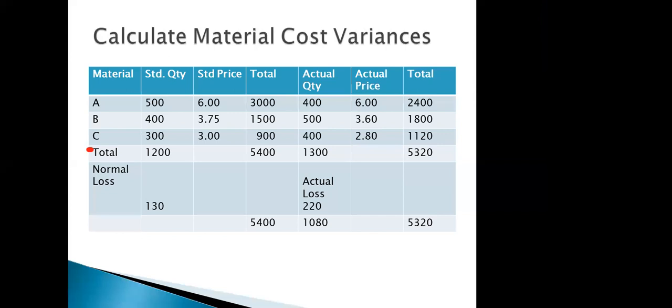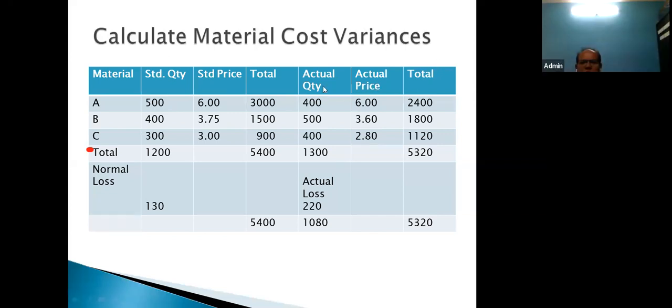Now the rest of the part which indicates actual. Here the company has used 400 quantity of material. Standard was given as 500, but they have used 400 quantity. And the actual price is 6 rupees. So standard price was also 6, and actual is also 6. So they are at par, there is no change. That is the meaning. This way, 6 multiplied by 400 comes to 2400 as the total for